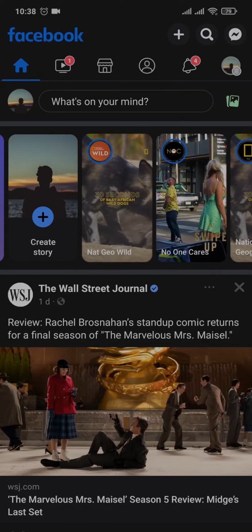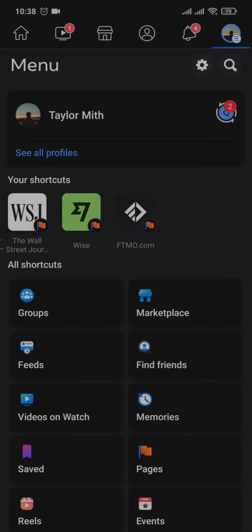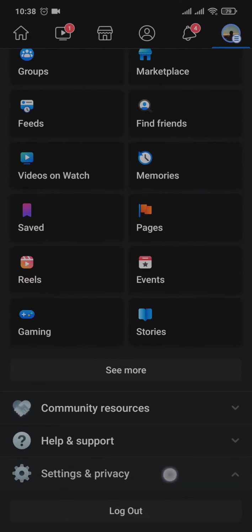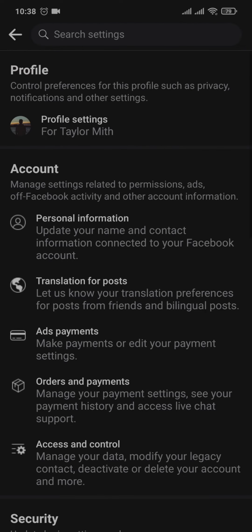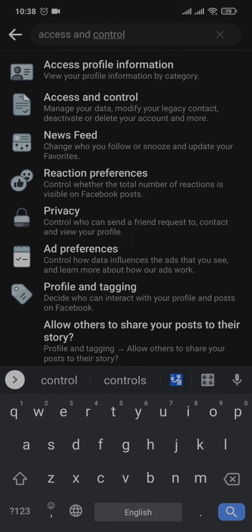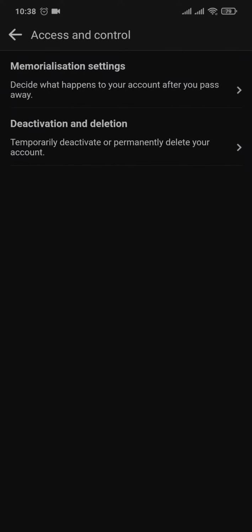Open up your Facebook app, tap on the menu on the top right. Once you're on this menu, you just need to scroll down, tap on settings and privacy, and tap on settings. From this settings page, tap on the search bar on the top and search for access and control. Once you search for it, you just need to tap on the access and control option and then tap on